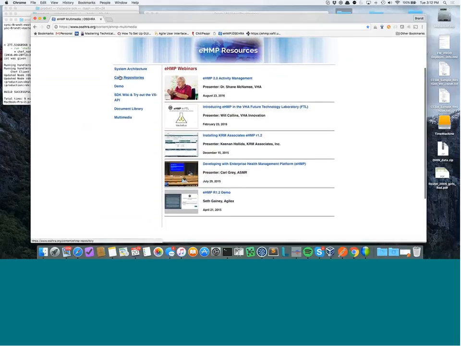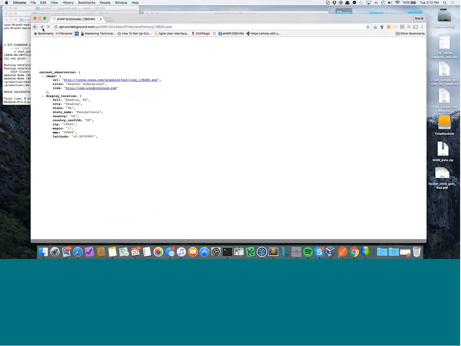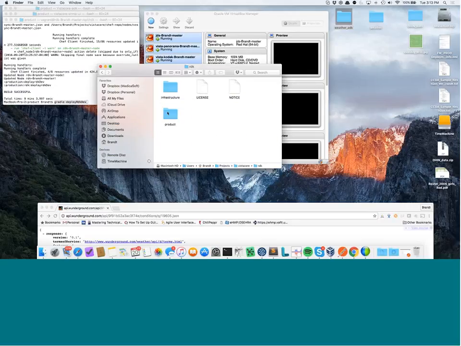Yeah, this might not be the right one, but this is the latest code that Accenture released to OSEHRA that we're working with today. But I'll go back to where we were. So again, here are the projects: ADK, eHMP UI, RDK. So we're going to go here under Product, Production, RDK,